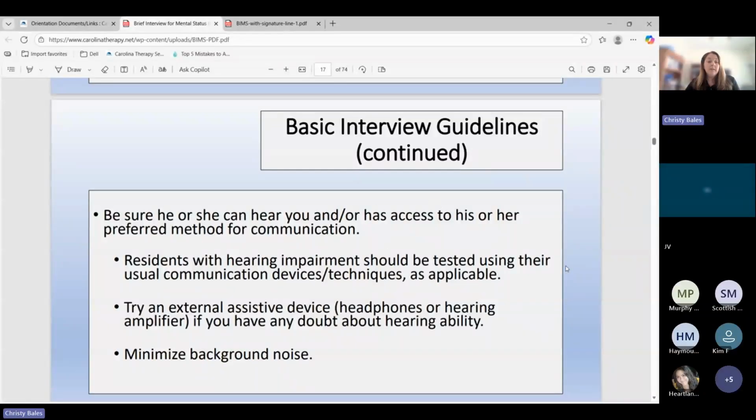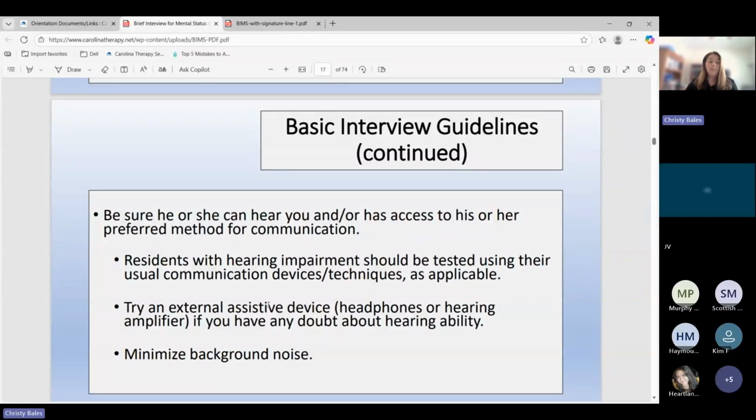Residents with hearing impairment should be tested. We should be checking their hearing aids and making sure that they are working before we do this. And if we need to, headphones or hearing amplifier, some external assistive device may be necessary. Every facility should have some sort of amplification system. If you're having to yell at them as you walk in the room, I would go ahead and get it, try it out, see if it works, because we have to prove that we did everything we could to make it